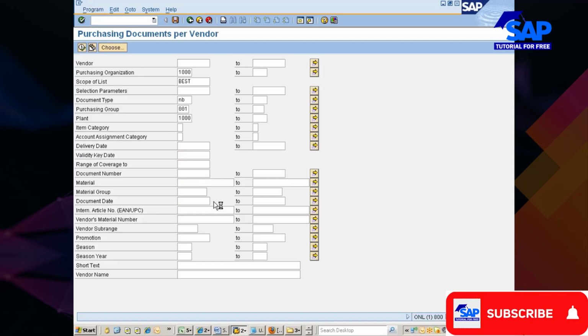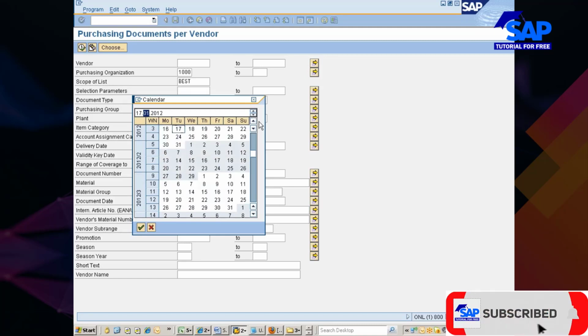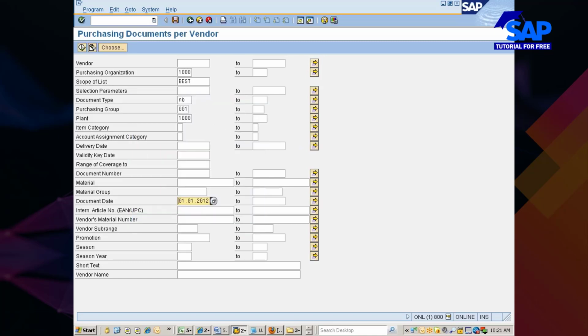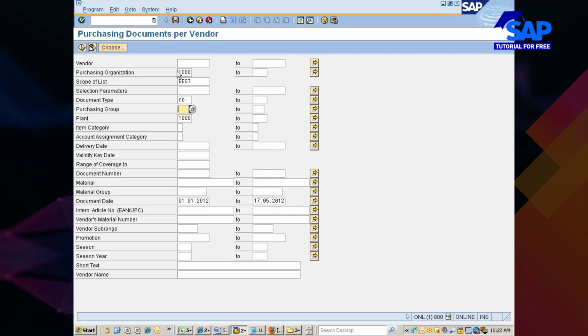Let's say I wanted to see all the purchase orders created for, give me a moment, 06, 0402, yes, this is the one. Like this, I wanted to see all the purchase orders created for plant 1000 by the purchasing department 1000. If I go and hit enter, you see here, this screen is called the user interface screen.